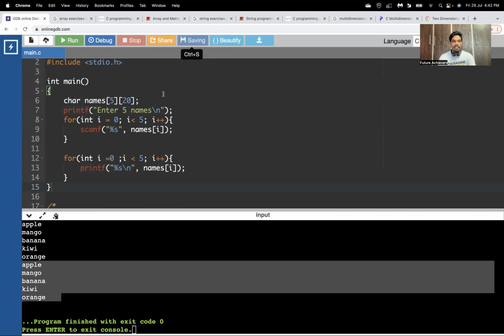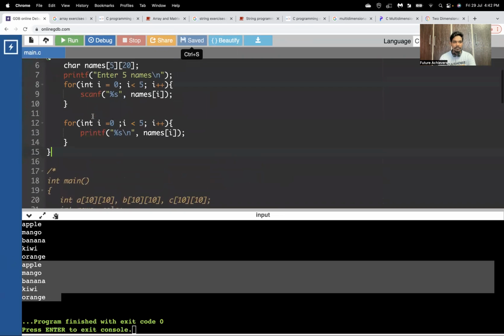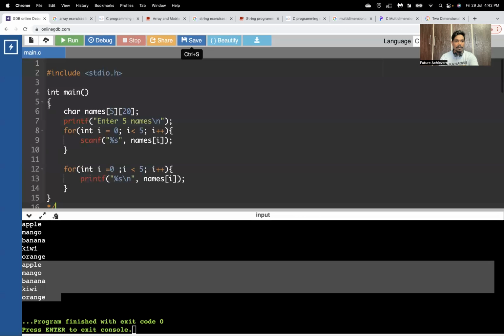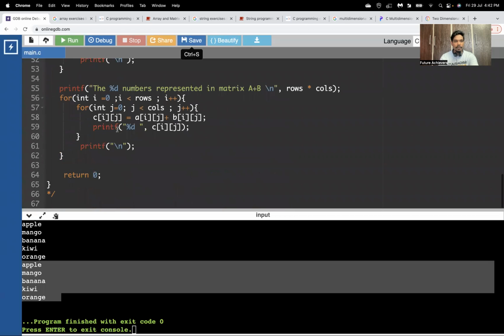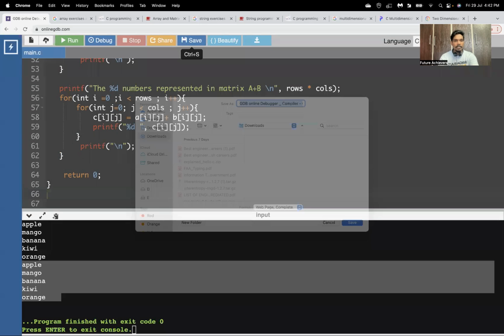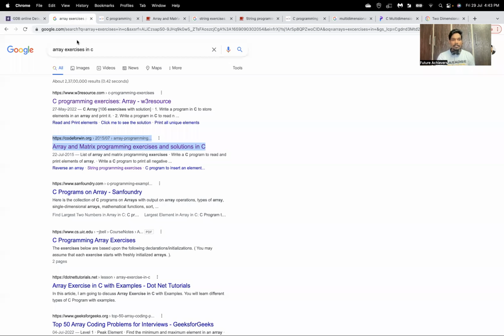Okay, so I'm saving this program, so you can check them out. Maybe what I'll do is I'll simply comment this one, uncomment the other one, so you will immediately know basic. All right, so I think on arrays we covered basic arrays, strings, multidimensional arrays, and you can see a